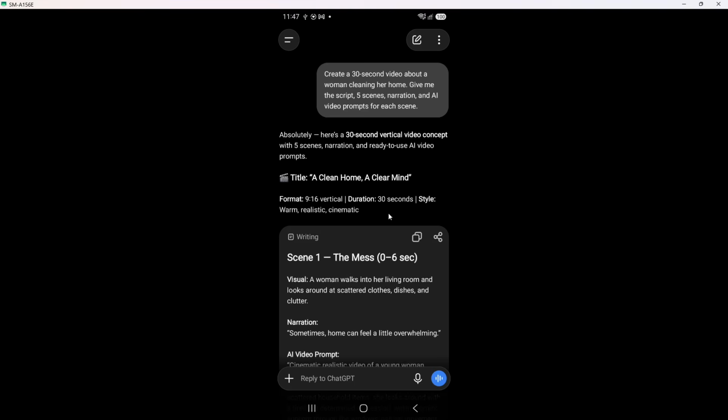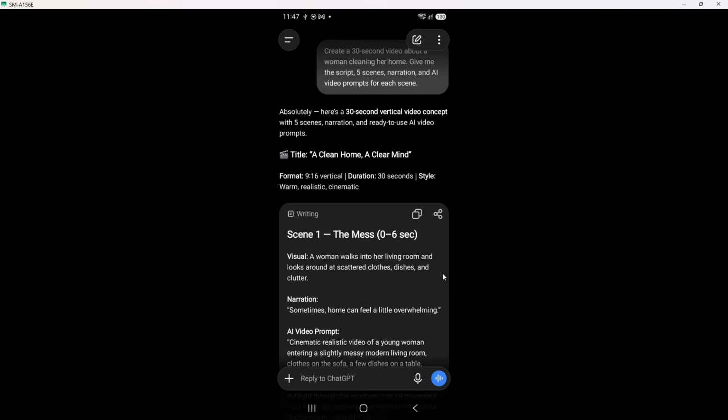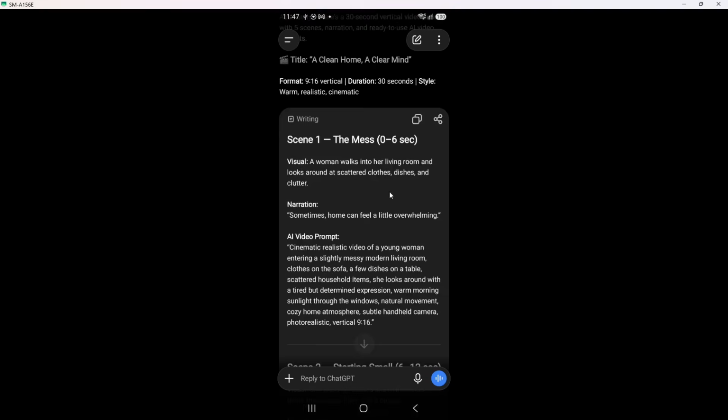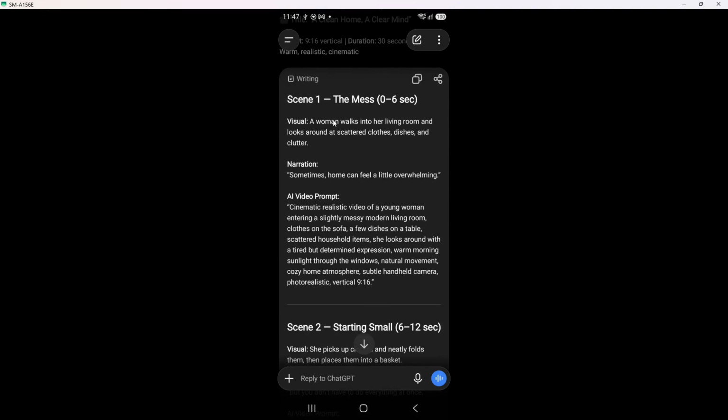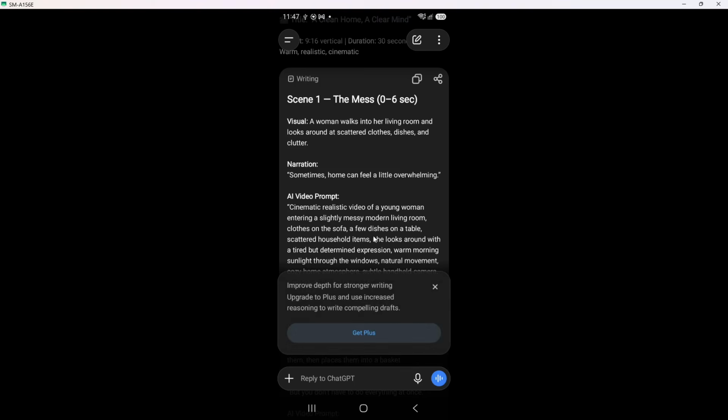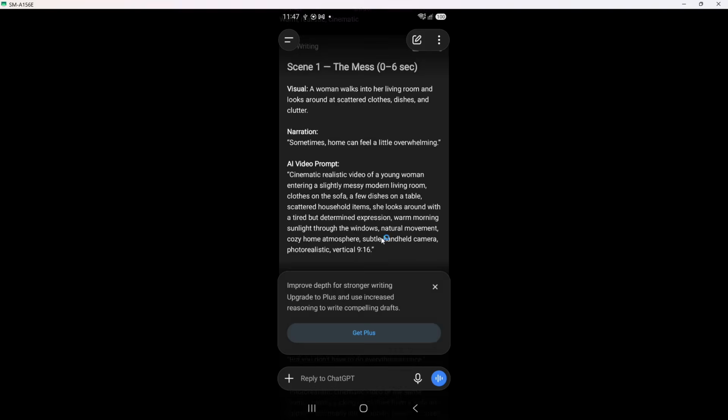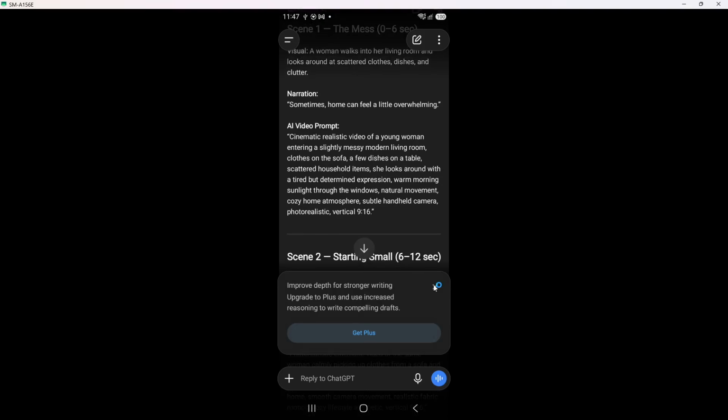With that ready, copy the prompts into your preferred video generation or editing tool if you want to. Highlight the parts you need, such as narration lines for voiceover or short prompts that describe each scene. Then paste them into your chosen video software, exactly where that tool expects text prompts or scripts. Many tools work best with short, clear prompts, so you can also ask ChatGPT to condense a long description before copying. Finally, generate and edit the video there.